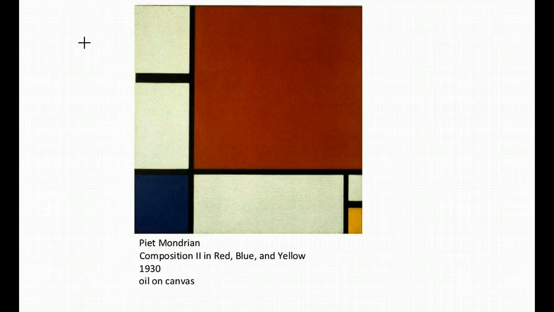Bauhaus. Piet Mondrian came to the Bauhaus to be their painting instructor before he would relocate to Paris and then lastly relocate to the United States. He comes in 1930 while he's making works that look like this, but Bauhaus does not have that long of a future in 1930 because we're getting near to the time when Hitler is rising to power.